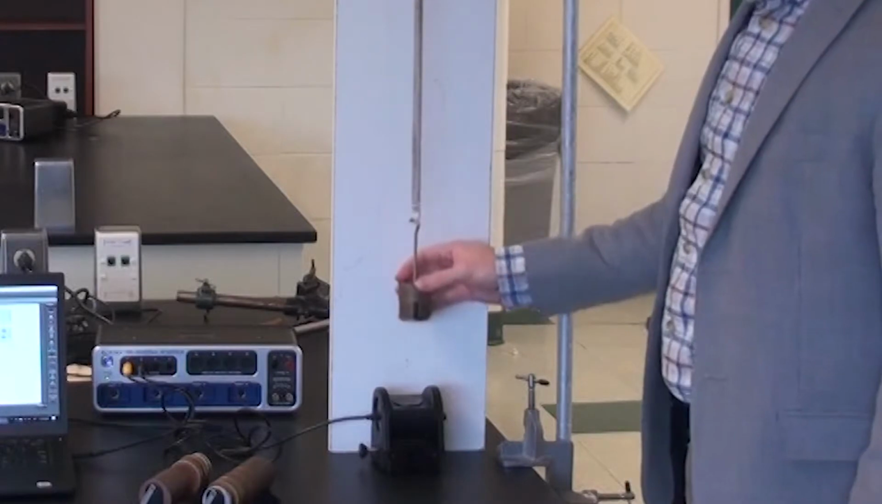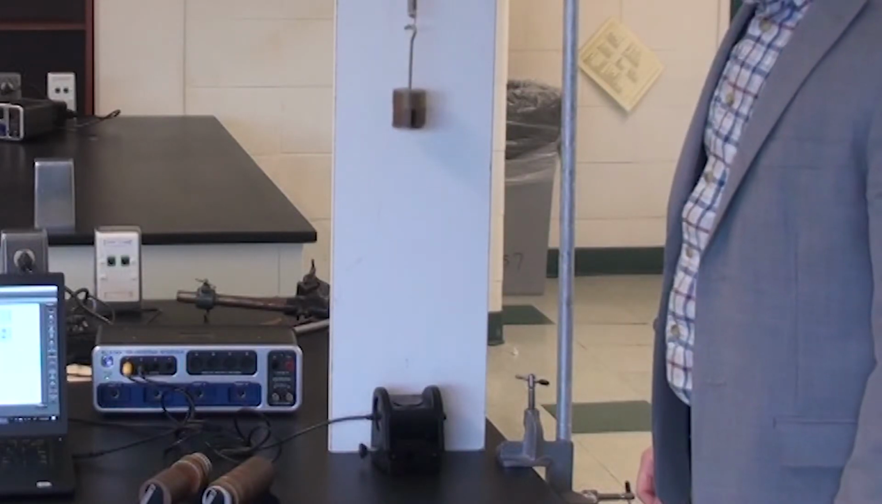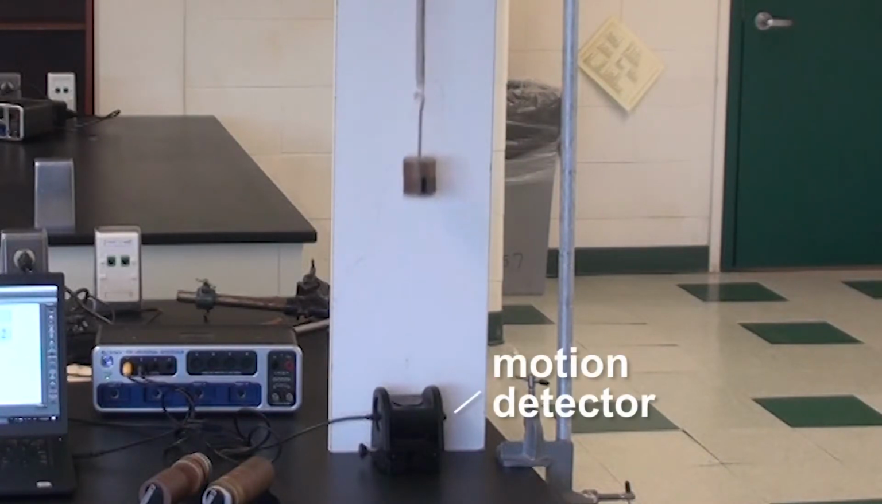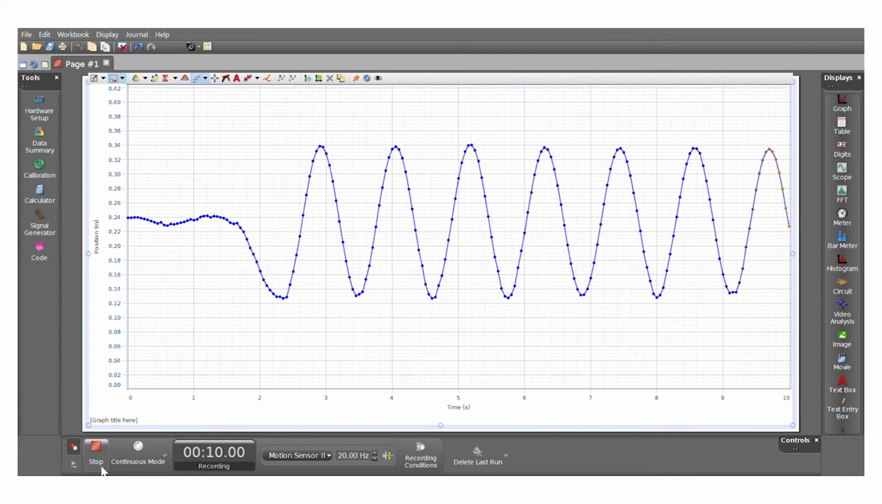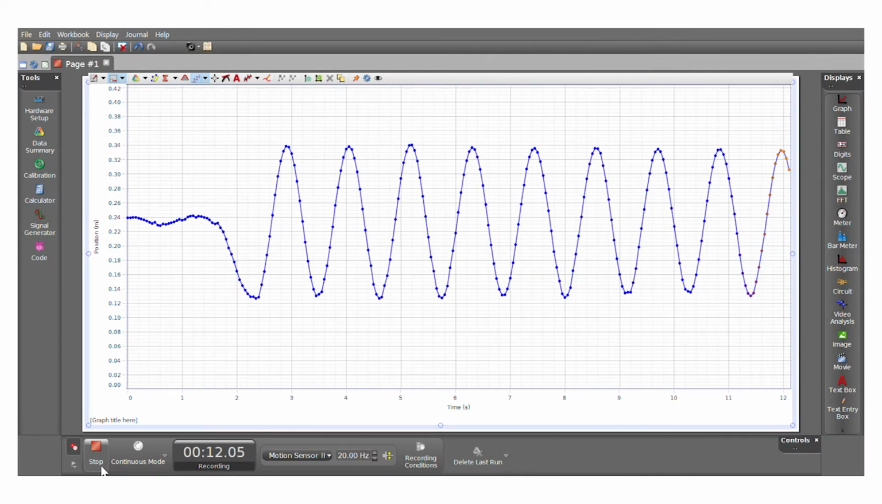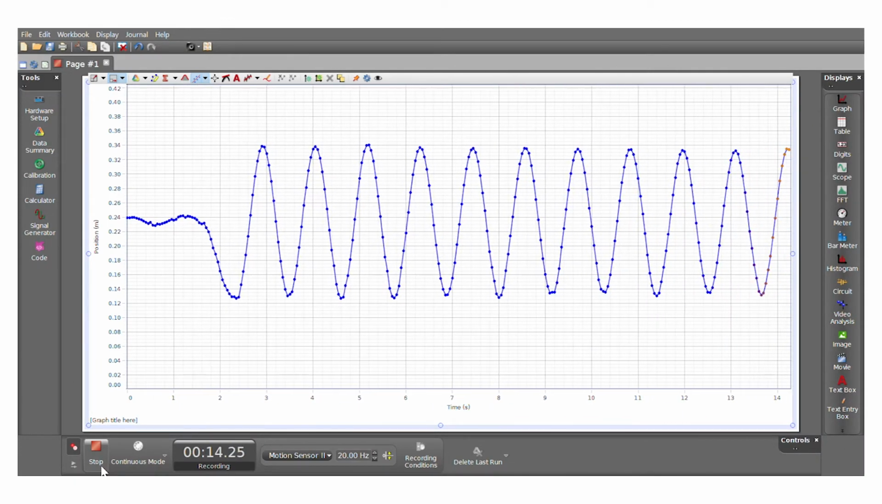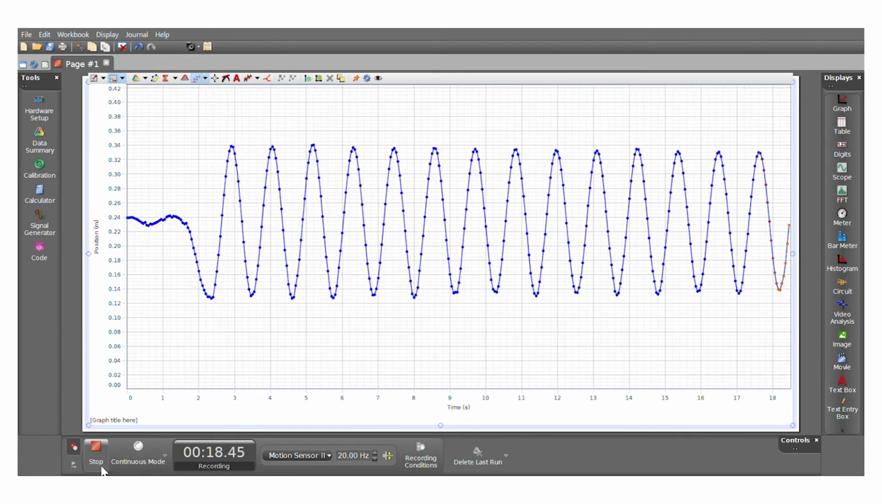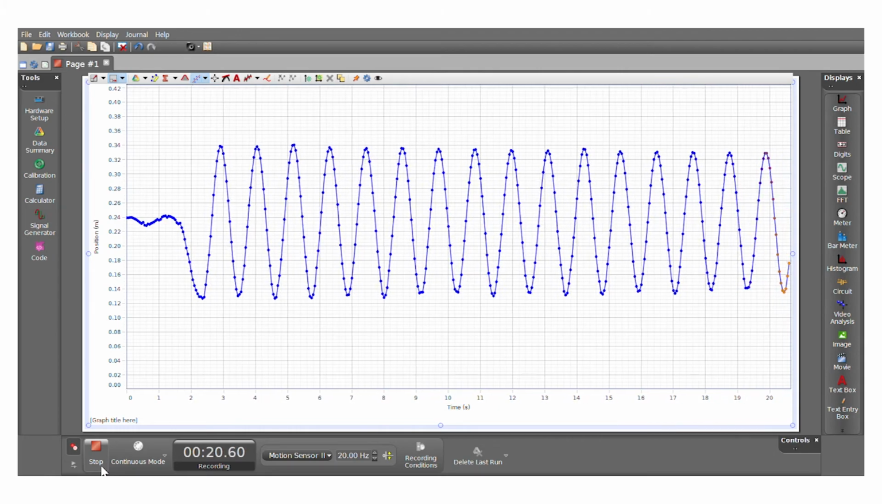As it moves in simple harmonic motion, we measure the position of the mass. The motion detector provides a highly detailed position over time graph since it can measure the position of the mass hundreds of times per second. We let the mass move through a few cycles, and this is the only data set we need for this experiment. We use our motion sensor data to compare the values of the mass's position, velocity, and acceleration at different